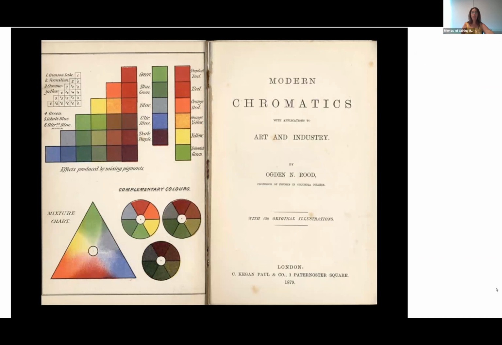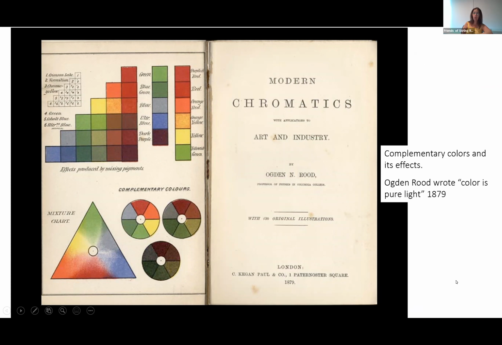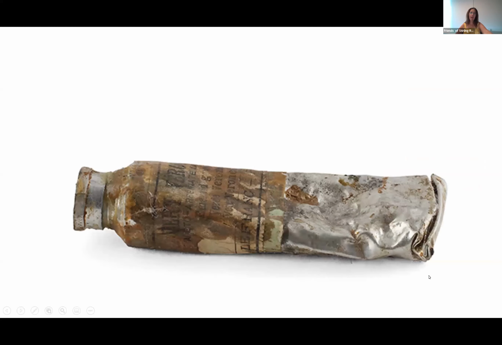Also by other examples like Ogden Rood, which we see here, when he is going to also make his own scientific explorations. Here we have the effects of complementary colors and how you see movement when you put complementary colors. Ogden Rood is going to write, color is pure light. And this is a perfect example of how circumstances and advancements are going to change the way we see art. In 1841,